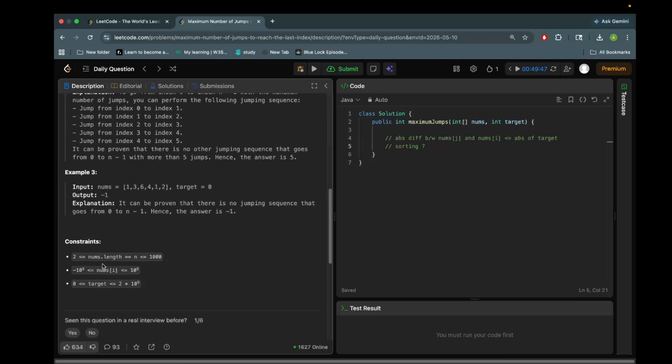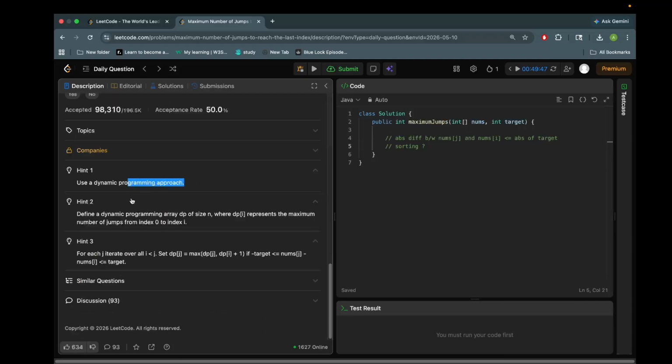So what they've told us is we can use dynamic programming and define a dp array of size n, where each entry represents the max number of jumps from index 0 to i. So dp of i equals max jumps from 0 to i. So dp of 0 is from 0 to 0,